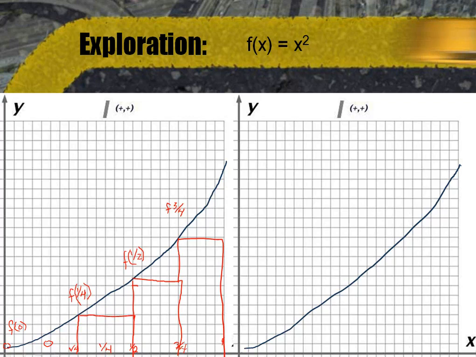Now your second graph also goes from 0 to 1, but this time we're going to be using the right-hand boundaries to determine the height of our rectangles. So again, we're making our units at 1/4, 1/2, 3/4. And so our first rectangle has a height of 1/4, comes over a width of 1/4 as well. So f of 1/4, whatever you get for that, times 1/4. Your second rectangle has a height of 1/2